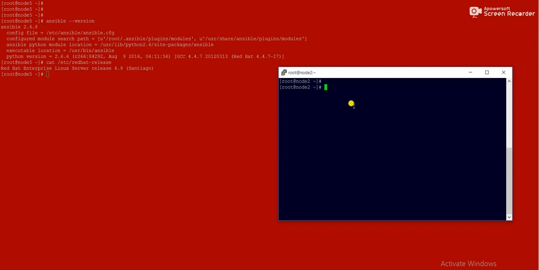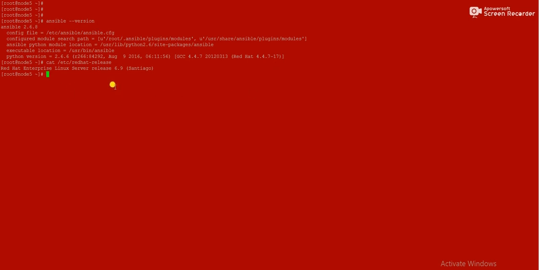So I will add this node 2 to the Ansible inventory, so that I can manage that client from the Ansible server. So I can install the packages in one shot. So let's see how to add. So friends, by default